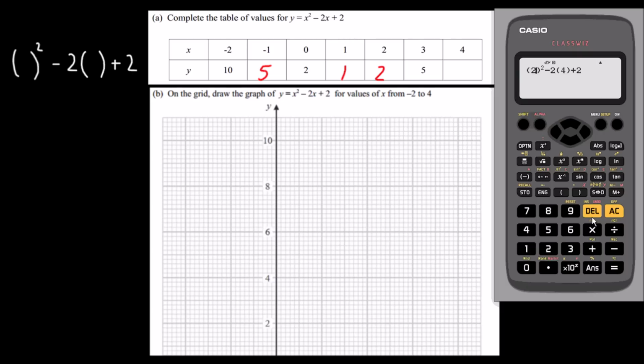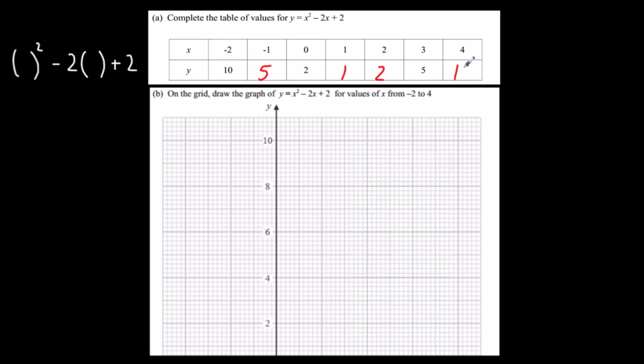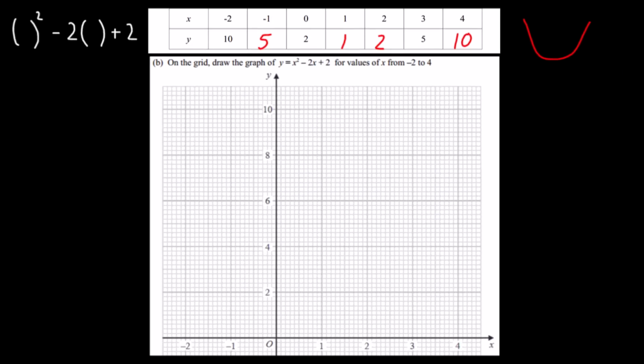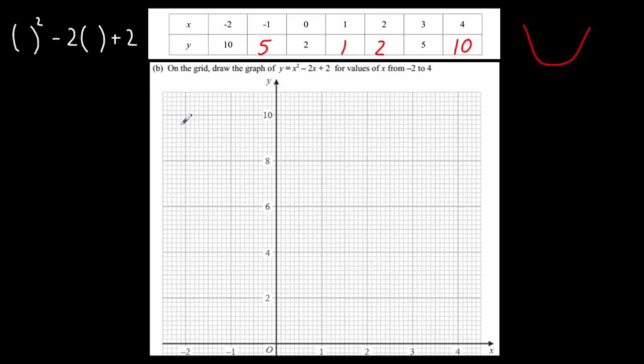You can probably spot the symmetry, the pattern now. That's 10. So I've got 10, 10, 5, 5, 2, 2, and a 1 in the middle. It's going to make this shape. It's a quadratic. That's what we want. So this looks correct. So we've got -2, 10,